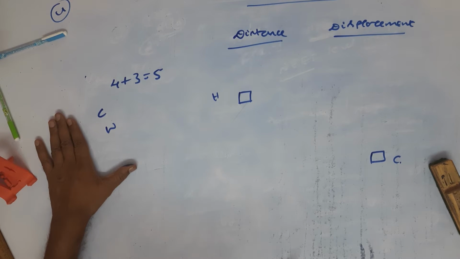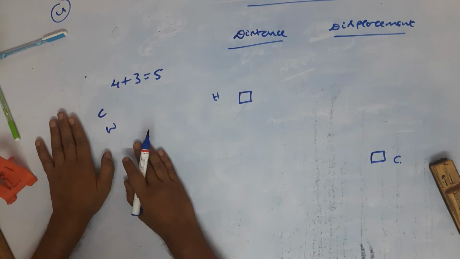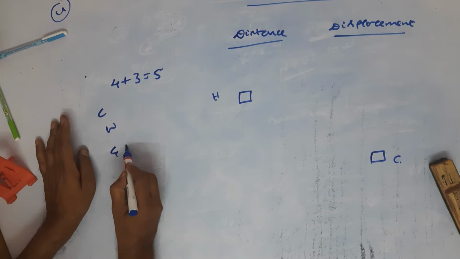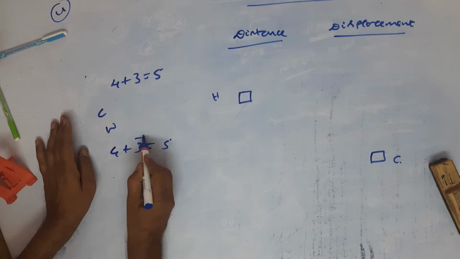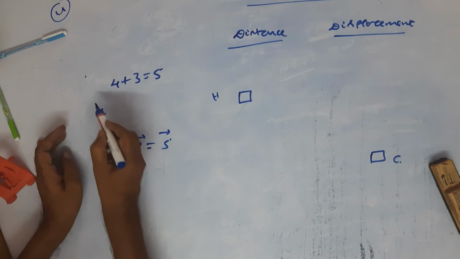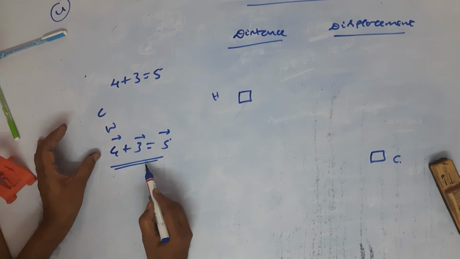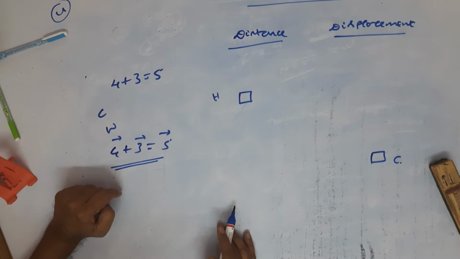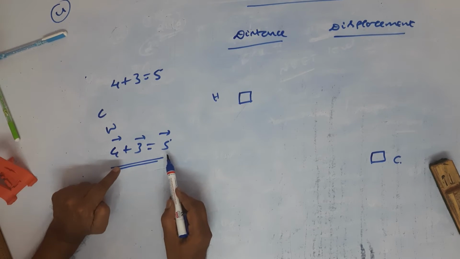Very good. Majority of you are saying that it is wrong. So now I will change the situation. You just observe, 4 plus 3 is equal to 5. And now can you tell me, for the second option, whether this is correct or incorrect? 4 plus 3 is equal to 5, whether it is correct or not.